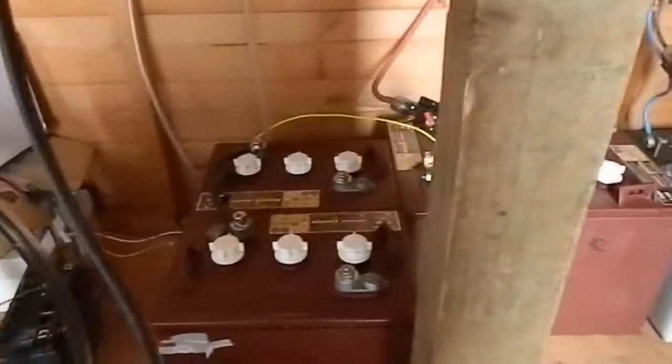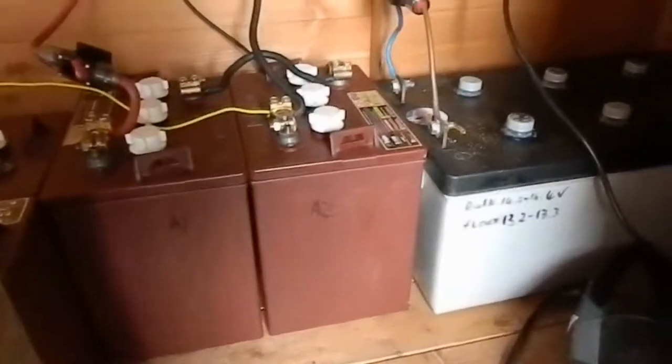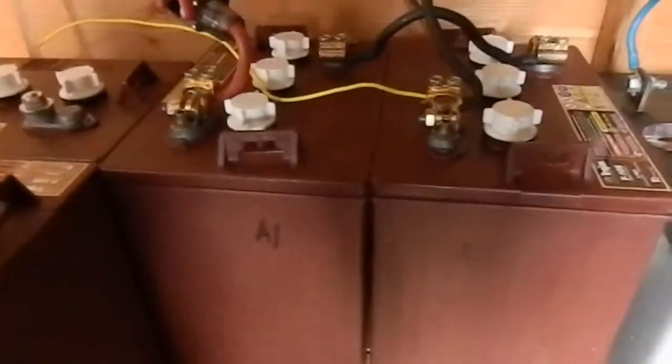Also, before I do the conversion, I'll connect all the 6 volt batteries in parallel and do a big equalisation just to even them up, because I did buy them at different times, so I don't know if that's going to affect anything. Another thing is